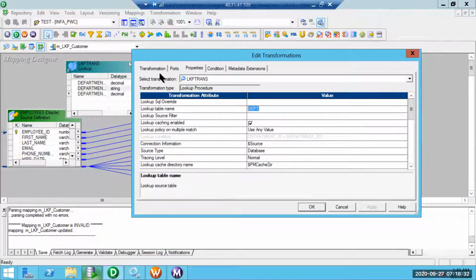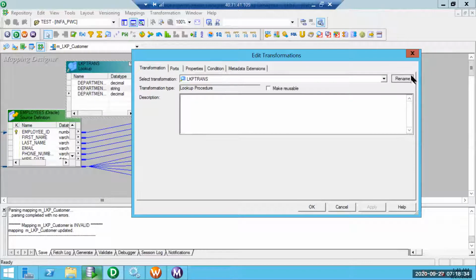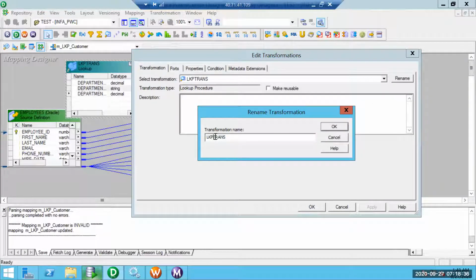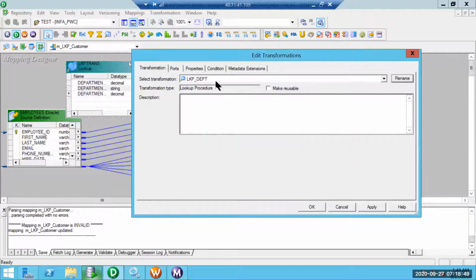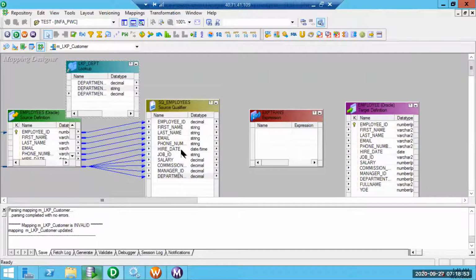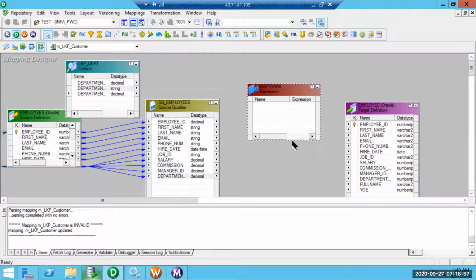When we have fewer lookup transformations it is easy, but when we have more, to identify the lookup easily it is recommended to suffix the lookup with the name of the table. So I have suffixed it with the name of the table. This is an unconnected and also a passive transformation.